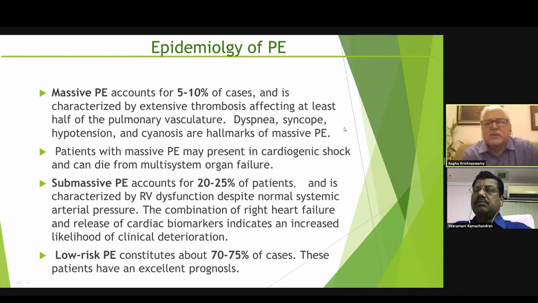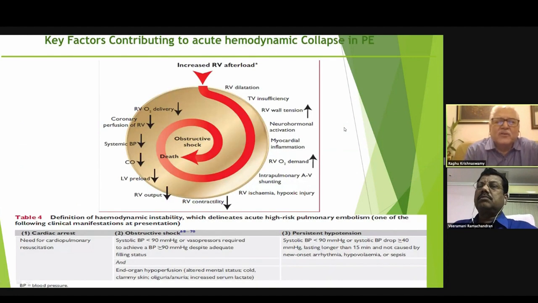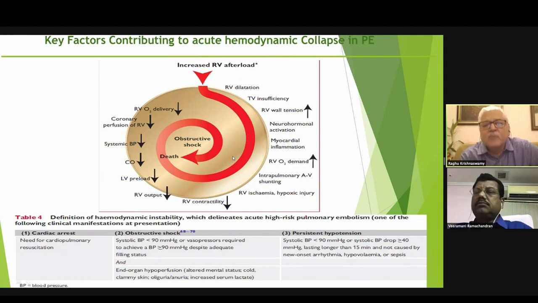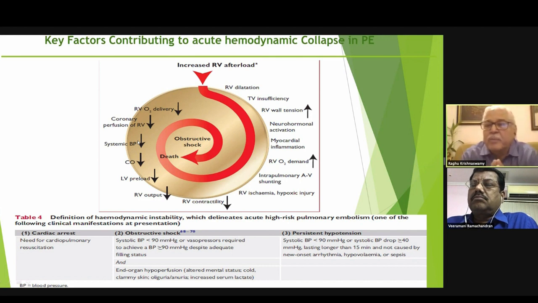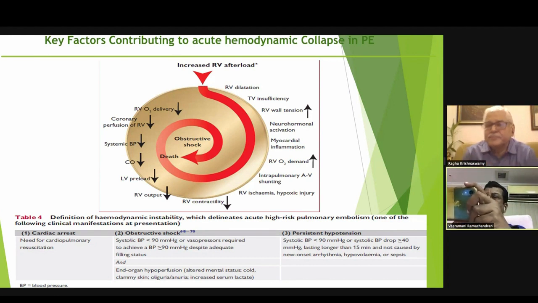I've got slides of the pathophysiology of the RV, but because I was running short of time, I did not bother to go into these slides. But if you see, the initial thing is an RV dilatation, valve insufficiency, increase in wall tension. All this produces a vicious cycle of decreased RV contractility, which leads to a decreased cardiac output, systemic blood pressure drop. Because of this kind of a scenario, your pulmonary pressures are never very high. They cannot go very high beyond 50 to 60, and that is why the 60-60 sign has come into work. I hope I've answered this question.